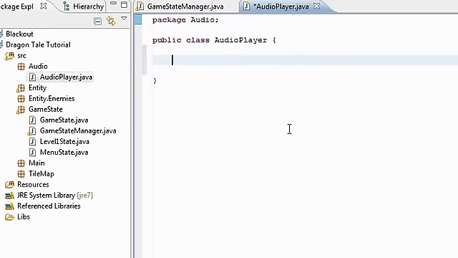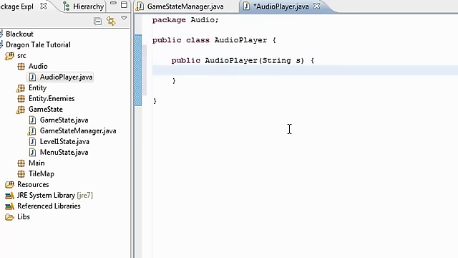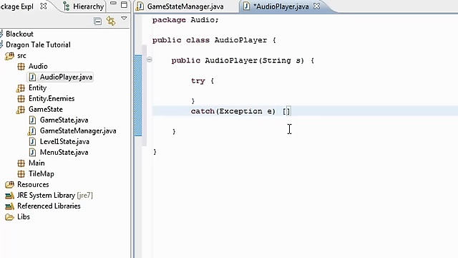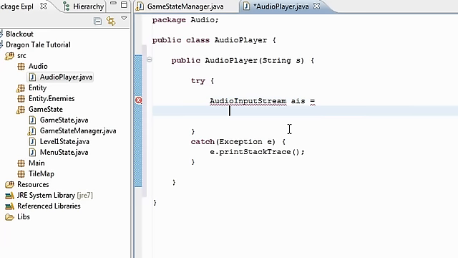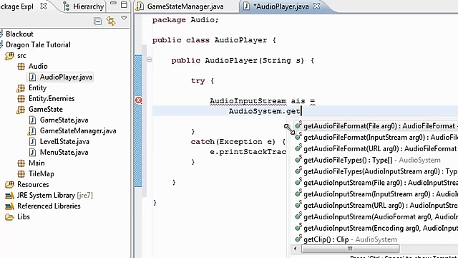So the constructor, public audio player, string s. String s is the path to the audio file that we want to load up. So try, we need to actually read in the file. Try catch, as always, and e.printStackTrace. Okay. First of all, we're going to need an audio input stream to read in this stuff. Call it AIS is equal to audio system dot get audio input stream,